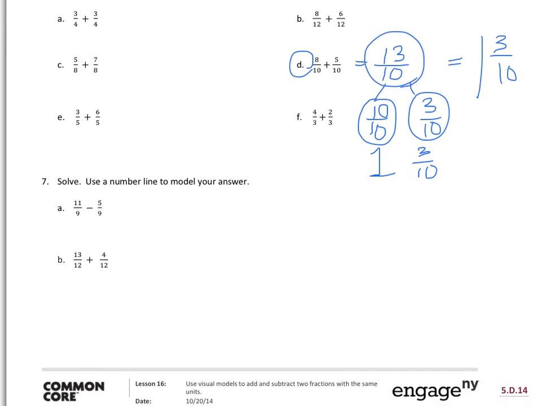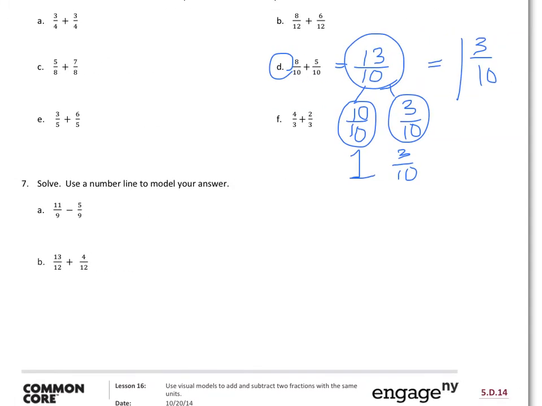When you get to 7, it says use a number line to model your answer. We practiced this in class as well. So students would just simply draw a number line on their paper and label 0, and 1. In the case of the ninths, we wouldn't really have an equivalent half fraction because it's an odd number. What we can do is think about 9 parts to this number line. So students know that there are 0 ninths here, 9 ninths is equivalent to 1 whole, and then the